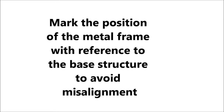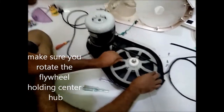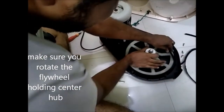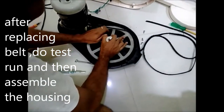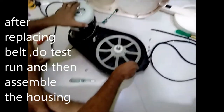Now you can see here we can assemble the belt to the pulley side. Once this belt is fixed to the pulley, try to rotate it and see that sufficient tension is there in the belt, and do a test run. Then finally assemble the